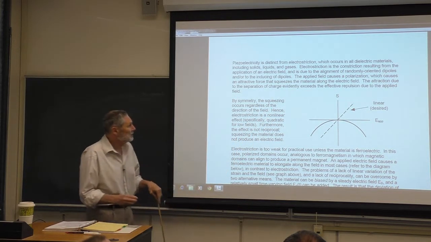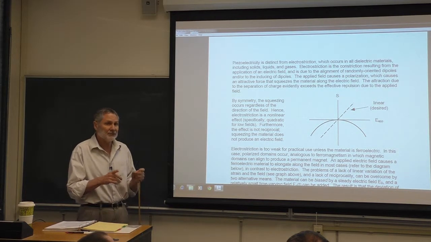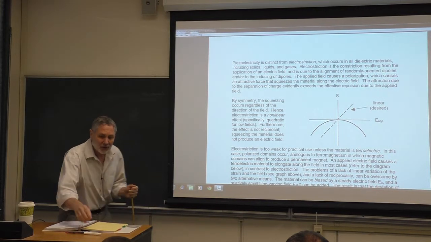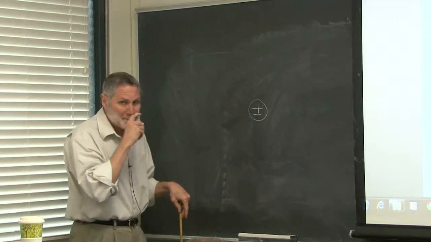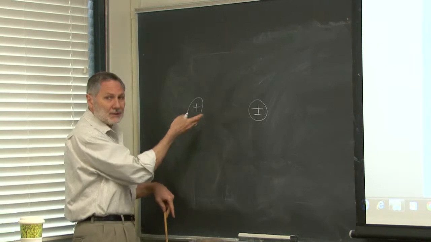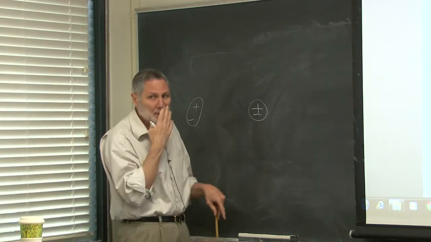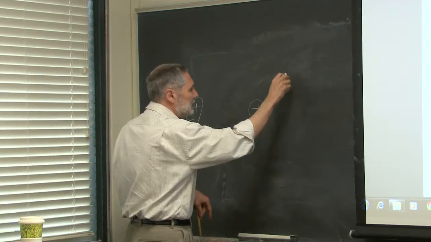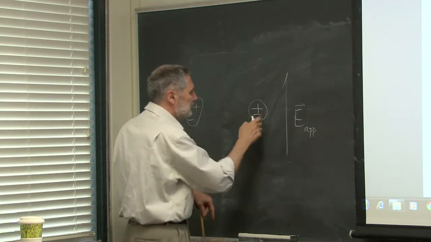And what's happening here is, when you have a material that has randomly oriented electric dipole moments, or it may not have. It can have dipole moments that we represent like this that are randomly oriented, or the molecules may not have a net electric dipole moment. But when you apply an electric field here,